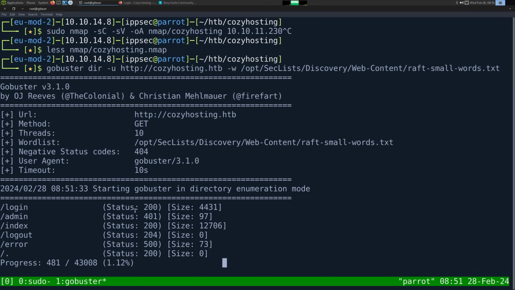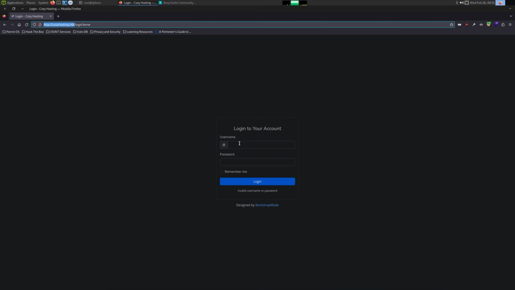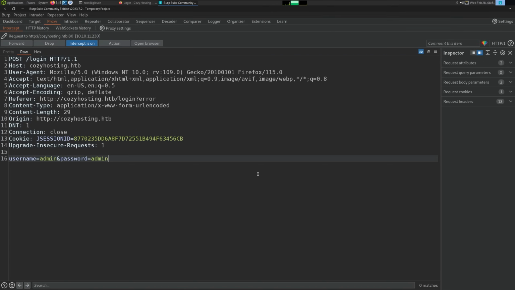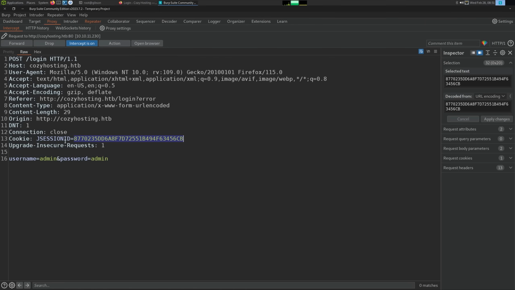There is a /admin, but we get an access denied message. /error goes to 500. But we really want to identify what framework is being used here. So I'm going to send another login request, and we're going to examine the response. And right off the bat, I see JSESSIONID. And whenever I see JSESSIONID mixed with nginx, I always just test for